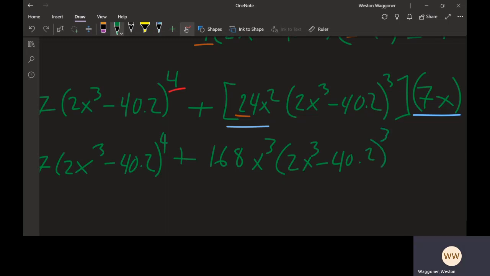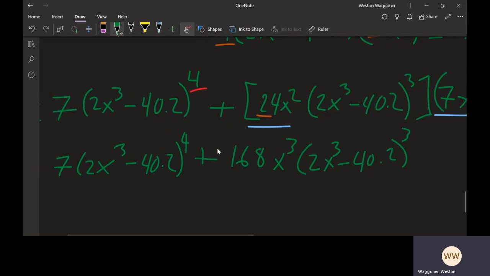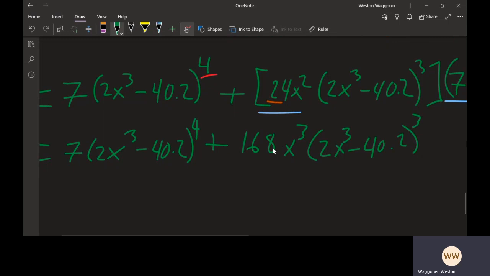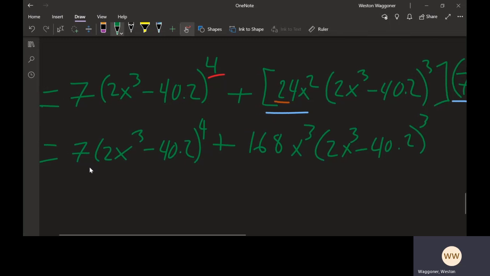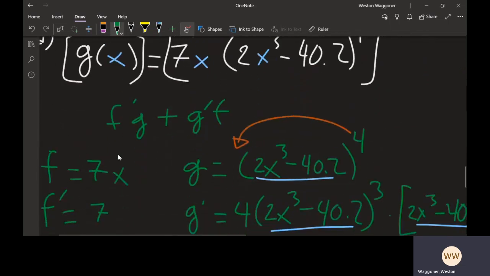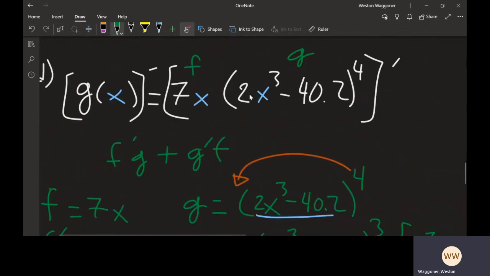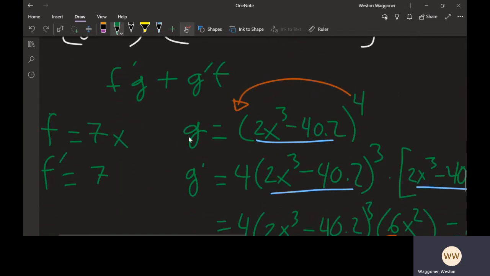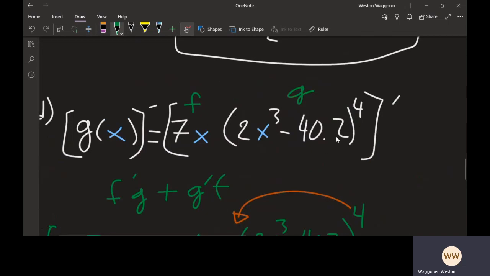Whew, that's a big number, but again, I don't want to distribute this 168x to the inside of these. And we definitely don't want to distribute that 7 inside. So it's looking like that's going to be our answer. I know, we went from something that looked somewhat tame, that power to the 4th is a big one. But we started off with that 7x, and then 2x to the 3rd minus 40.2